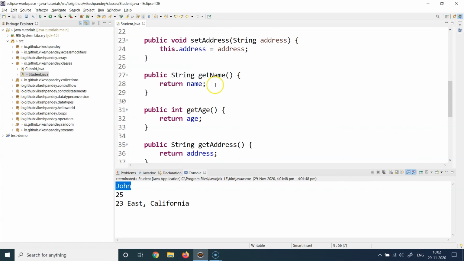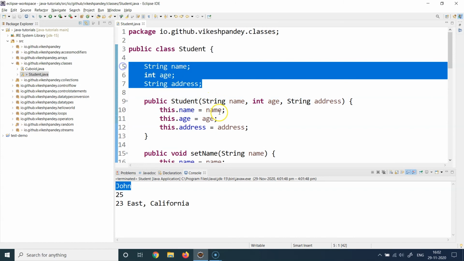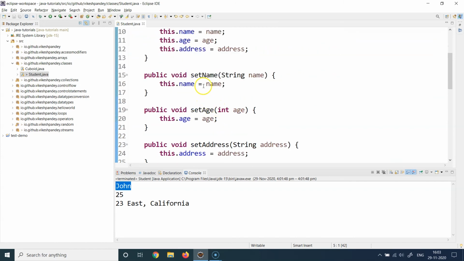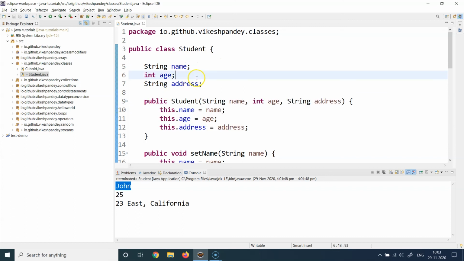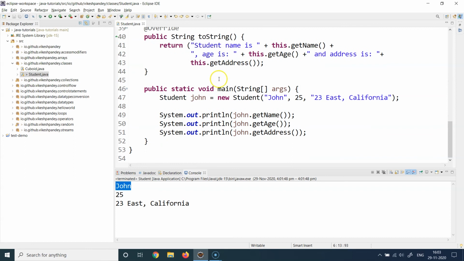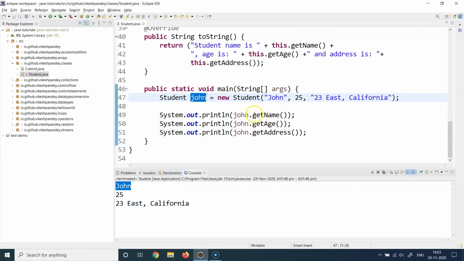And that's how you're going to create a class. So remember, whenever you create a class, identify the properties and the behaviors like setters and getters. Write a constructor which can cover all the values which you want to initialize. And after that, just initialize that class, create an object of that particular class basically. And once you have the object, then you can call getters. You can also call this in this way.